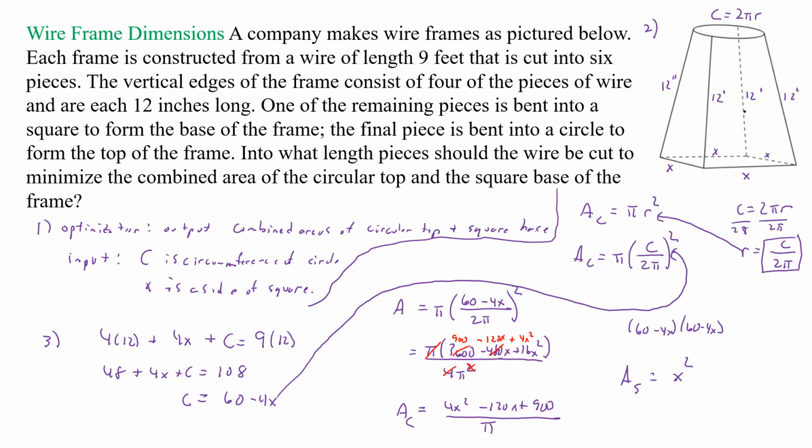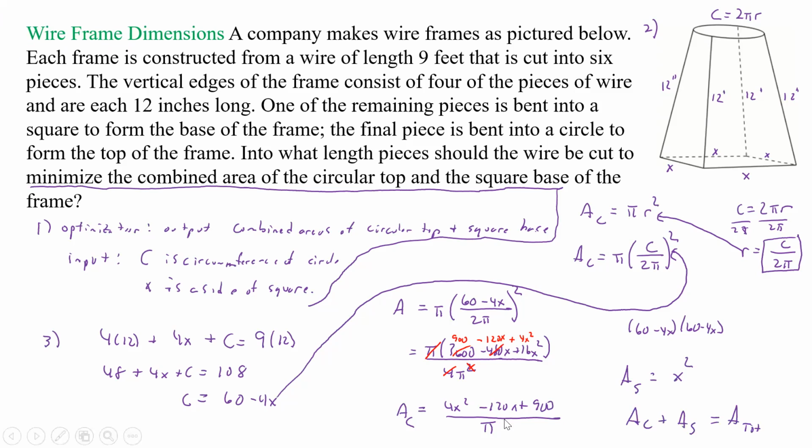Now we know the area of the top, the area of the bottom, and what we want to do is minimize the combined area of the circular top and the square base. So that means we're going to combine the top and the bottom. So we're going to add this to this, and we'll find AC plus AS. And that's going to be a total between the top and the bottom. All right, so now I'm out of room, so let's go over here and say, all right, now we have the area total, and we can probably break it down to just AT here in a little bit, is equal to, well, the square is x squared,